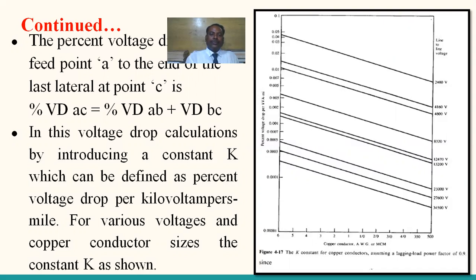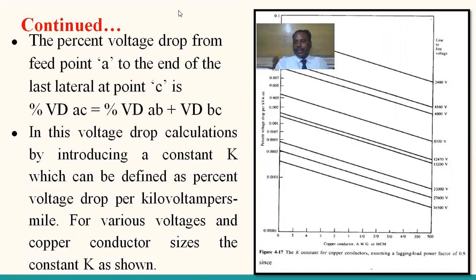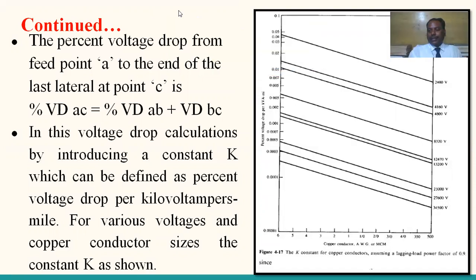Yes. So for calculating the voltage drop in a feeder, the percent voltage drop, the percent kilovolt-ampere-mile is the constant K. This is also taken into account, which depends upon the copper conductor size as well as the line-to-line voltage on the conductor. Therefore, according to the voltage level change and conductor size change, this will give different values of K. So K is to be included in the voltage drop calculation according to the conductor size as well as the voltage level.